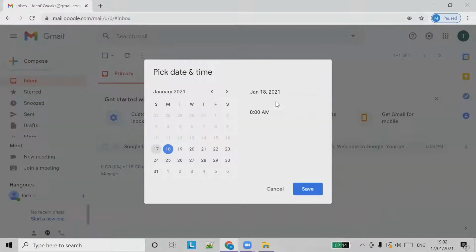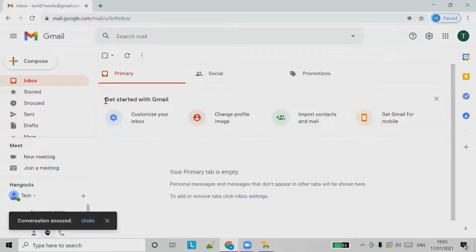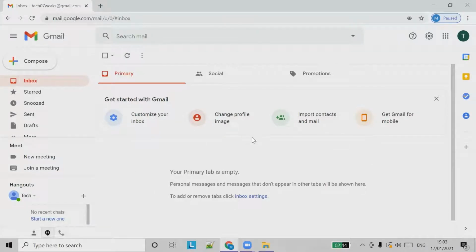Okay, so we'll say 7:04 p.m. So we're going to receive this email by 7:04 p.m. It's now 7:02, and you click save, right? So you can see that the email is out of this inbox. We have already received the email.